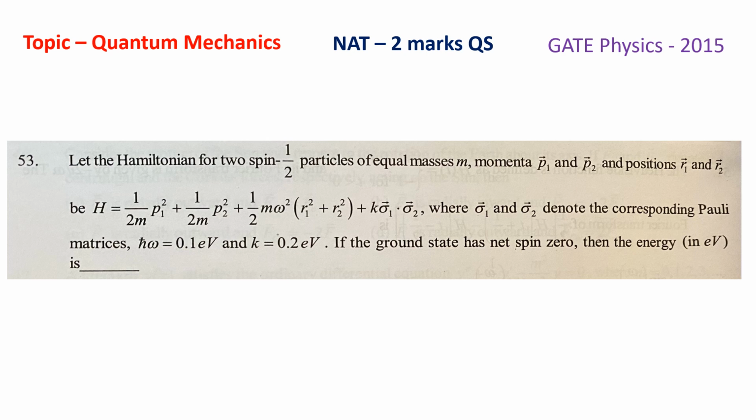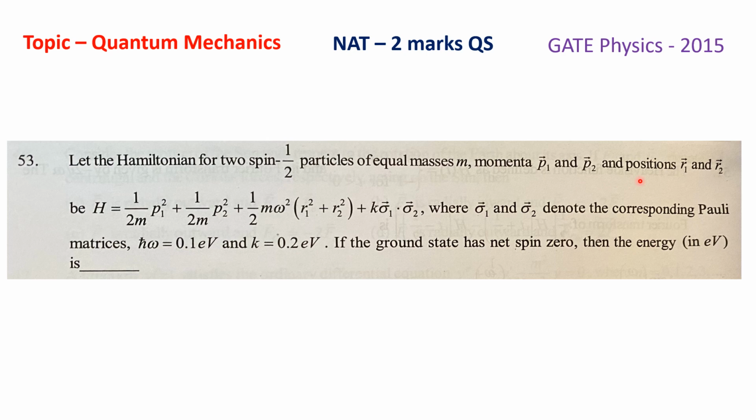This question was asked in the GATE Physics paper 2015. This is a numerical answer type question having 2 marks. The topic of the question is quantum mechanics. The question is, let the Hamiltonian for two spin-half particles of equal masses m, momenta p1 vector and p2